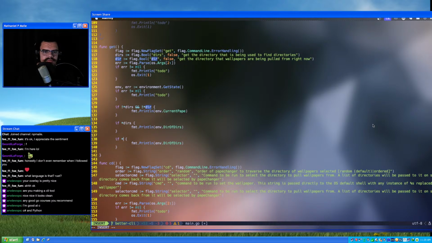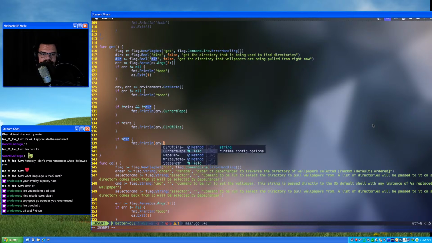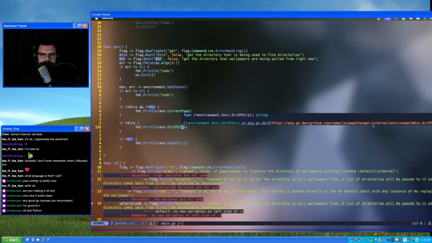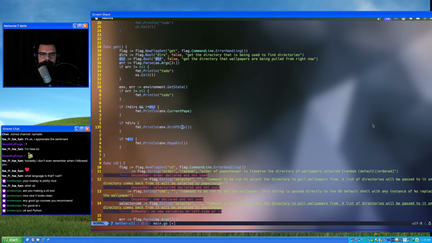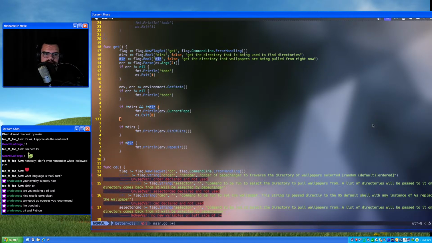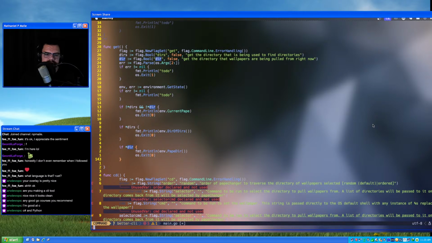So we'll say if deer, we'll do env dot PapeDeer. I think DeerOfDeers is the right thing. Yeah, that's a function that needs to be called. And then we'll just do os.Exit 0 on all of these. There we go. So that's pretty much figured out.